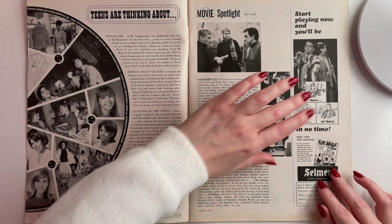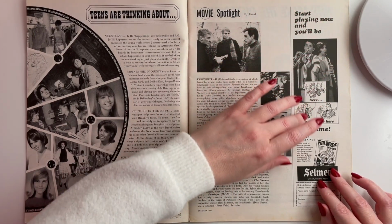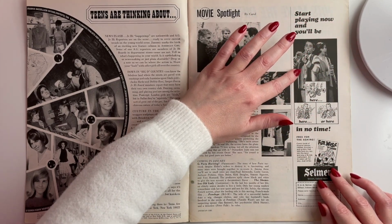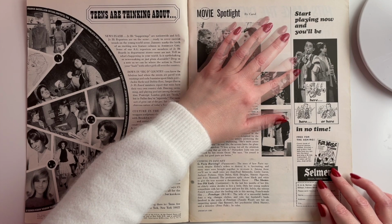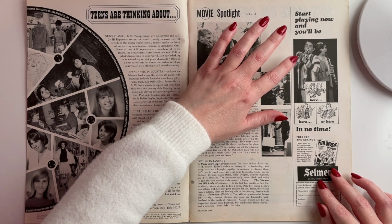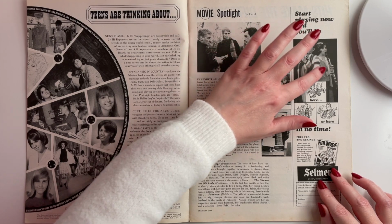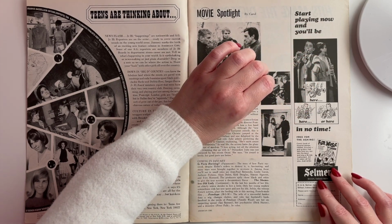Interesting. And the ad for it shows these two kids, both in sweaters, playing instruments. We have this young gentleman playing the trumpet, and she's playing the clarinet. We also have a few